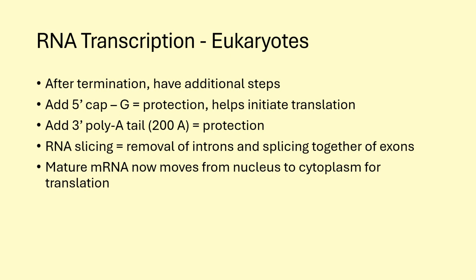Then you're going to go through a process called RNA splicing. This is where you're going to remove parts of the mRNA, some of the bases, known as introns. And then the remaining ones are known as exons. You splice those together, connect them together using your ligase again. Eukaryotic DNA has introns in it. These are sections of